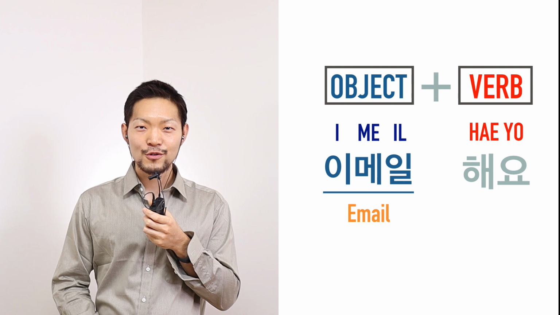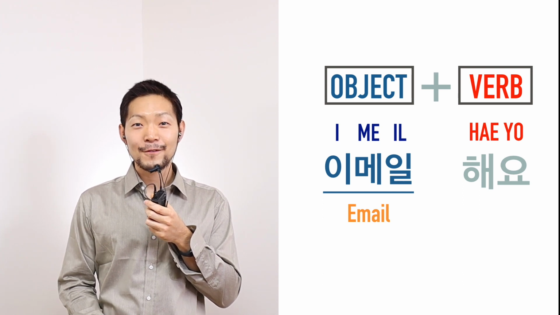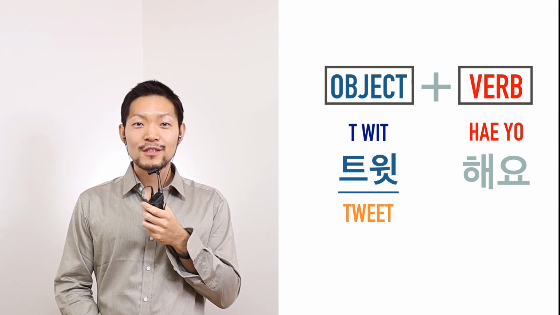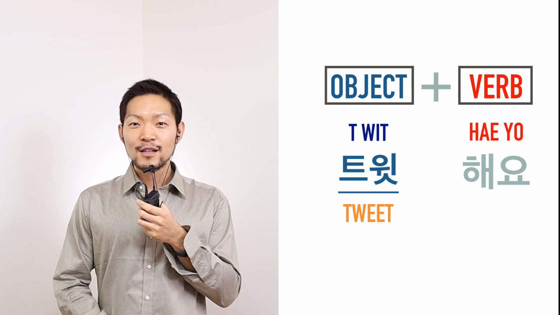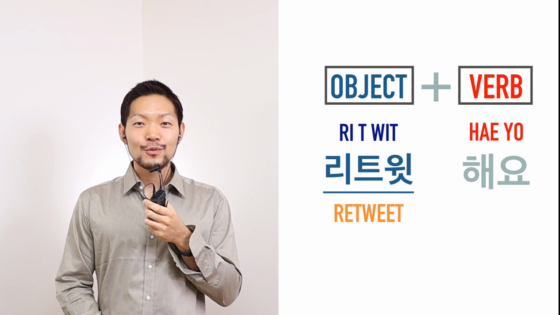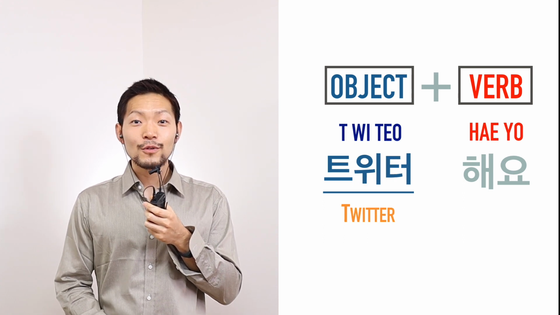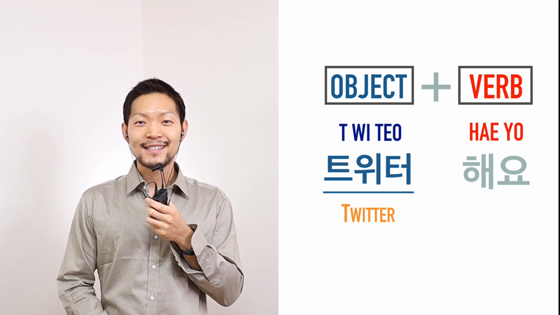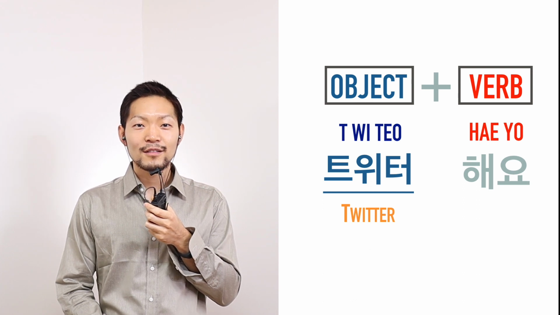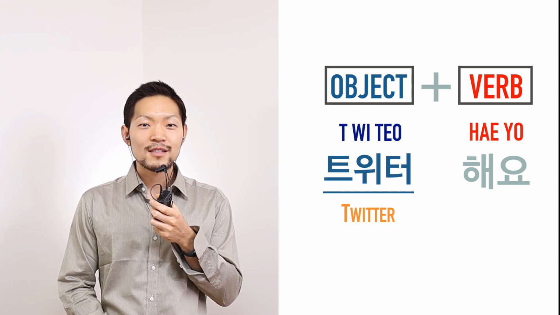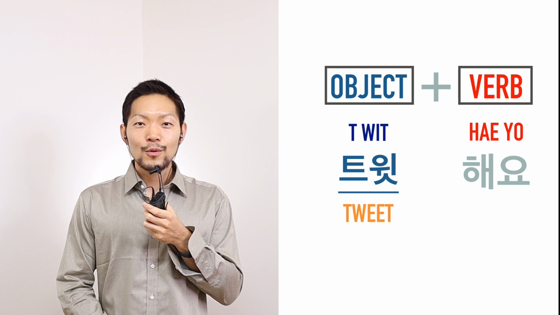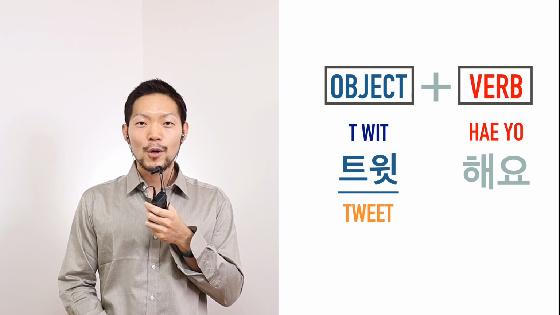The following are some expressions that require a little bit of explanations. First, 트윗해요. This means that someone tweets. That is, someone posts a tweet on Twitter. Now, to say you retweet someone else's tweet, you say 리트윗해요. Now, you may recall that in the previous lesson, we learned 트위터해요. The difference between the two is that 트위터해요 is more general, since it means to do Twitter. It can be checking on latest trends, reading someone else's tweets, just doing whatever you can do on Twitter in general. Whereas 트윗해요 is very specific. It just means you write and post a tweet.